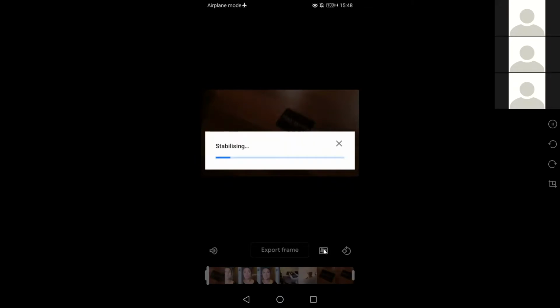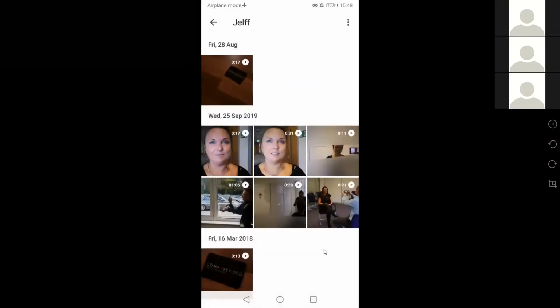So if you've got a slightly shaky piece of footage, you can use that built into Google Photos, and it can be a get out of jail free card on some wonky footage. It's not foolproof, and it doesn't always work, but you can give that a go.